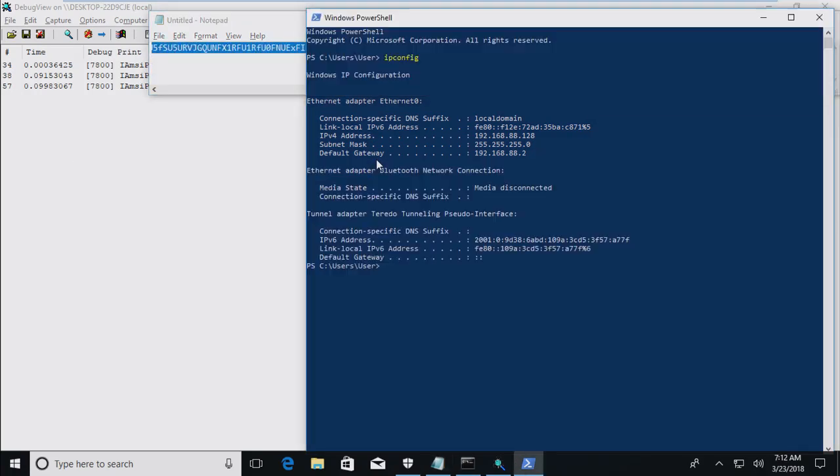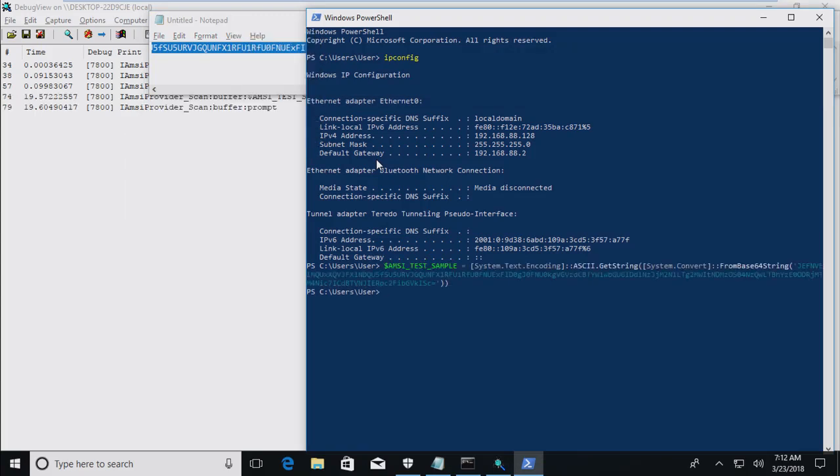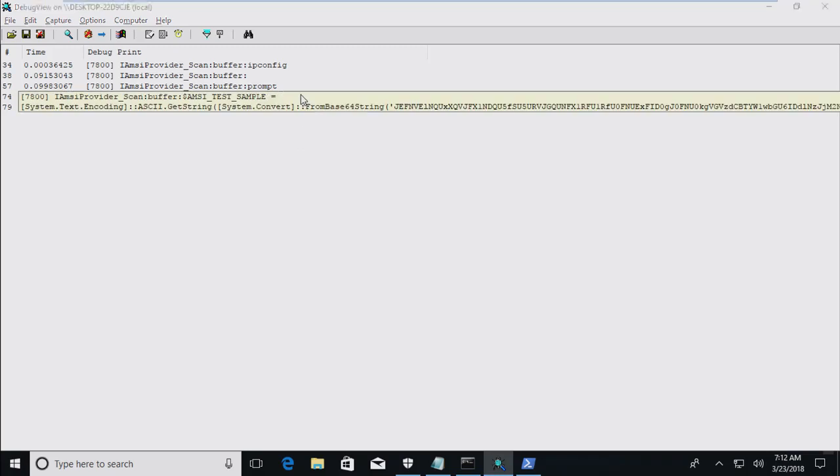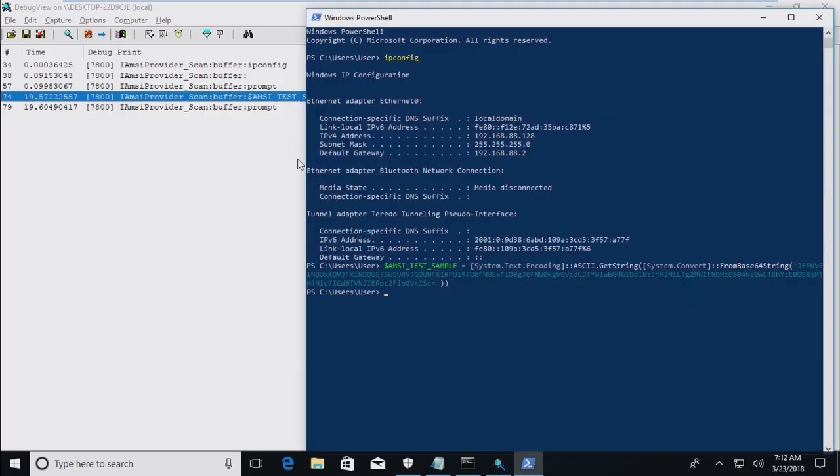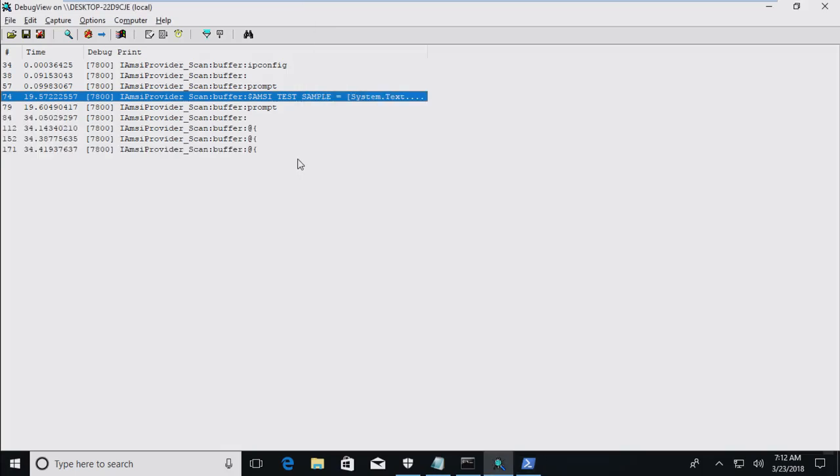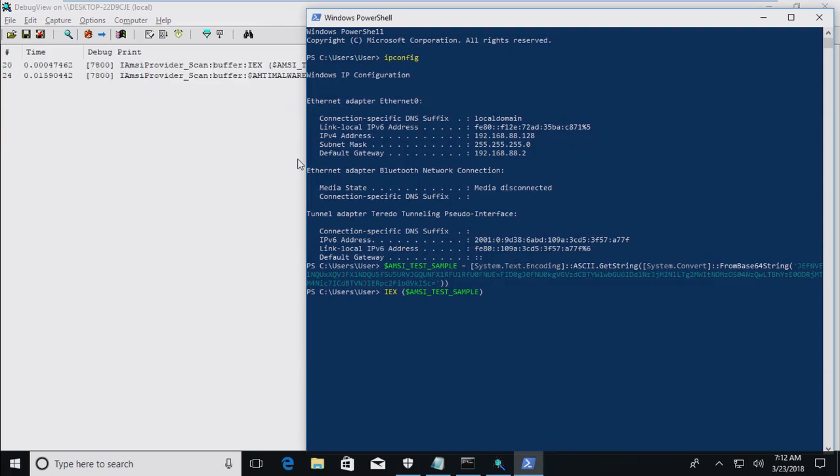I'm going to first load it from base64. And now this variable here, AMSI test sample, contains the AMSI test sample, but it hasn't been run yet. And as you can see, this is the command that was entered. And now I'm going to execute the AMSI test sample by calling Invoke-Expression. So let's delete everything here and enter.